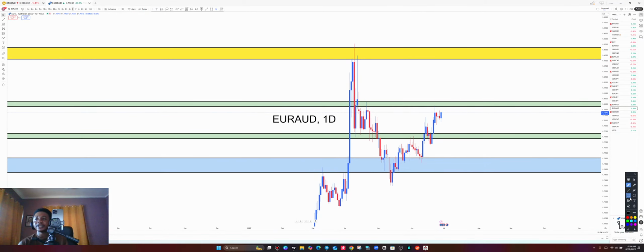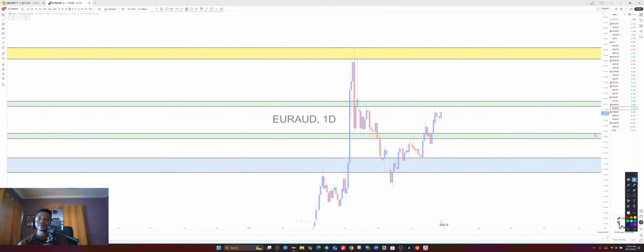Price is also in an uptrend in the daily. This is why it broke structure, giving us a higher high, a higher low, okay, higher high again, higher low. It is continuously going all the way to the upside. So GBP or EUR AUD, we are looking for buying opportunities to go all the way up. Let's go to a 4-hour time frame and then prepare for a buy to the upside on this pair.